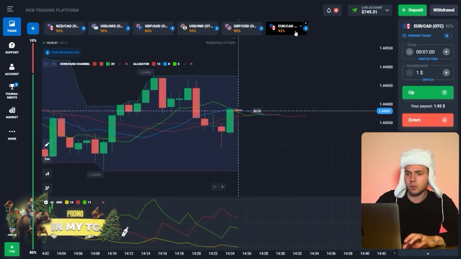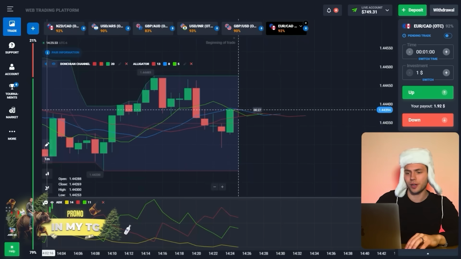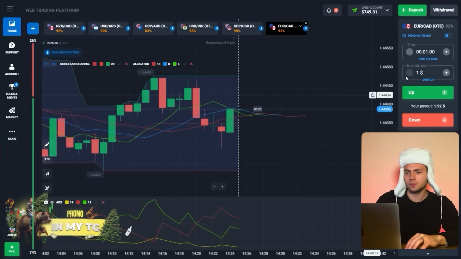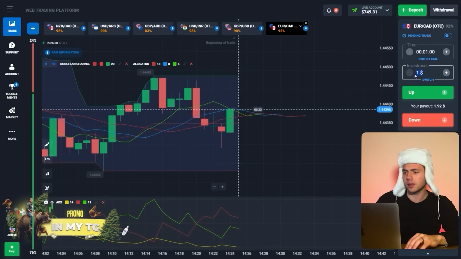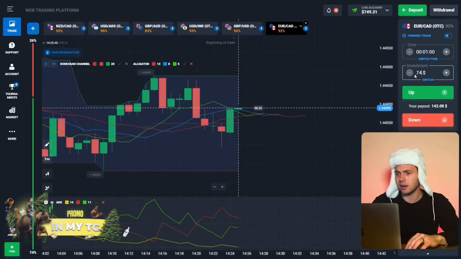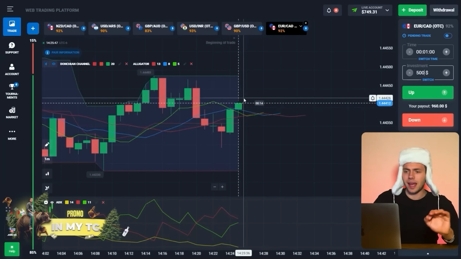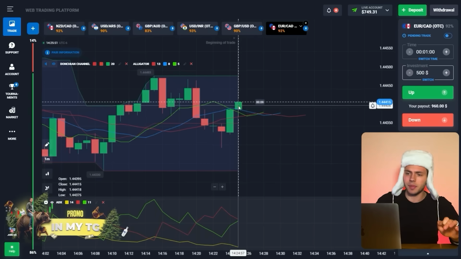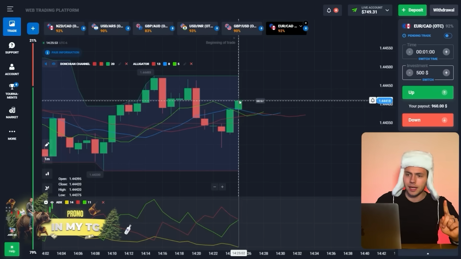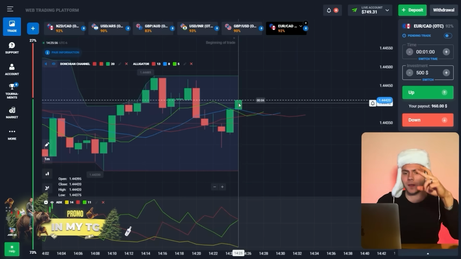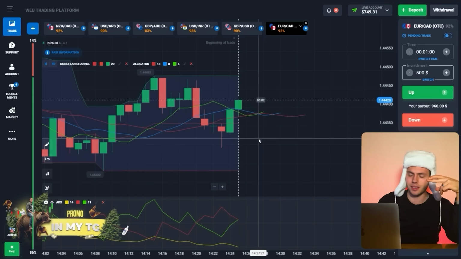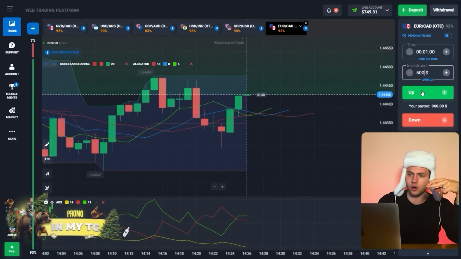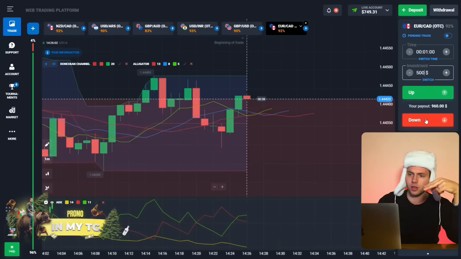Alright guys, here we have another interesting story. Well, right now, let us set the amount. I guess 500 is going to be enough here. Actually, yeah, 500 is going to be enough. Okay, and here the thing is that right now the price is oscillating near the middle line of the channel, but moreover, we have here the intersection at the ADX. You see, this is the moment when they're going to go in different directions again, or they're going to, oh, already happened at the moment I was talking,